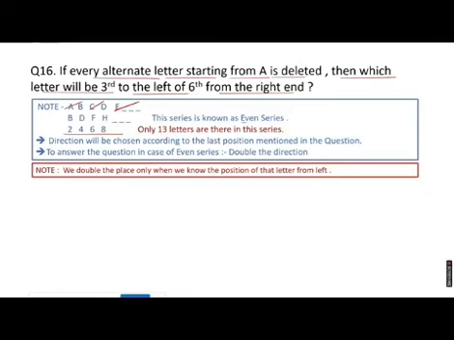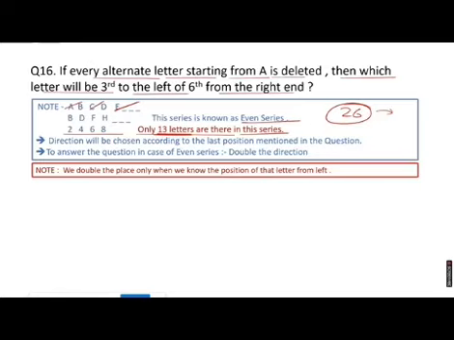this is an even number series, and we should remember that there are only 13 letters in this series, because in case of an even number or an odd number, only 13 letters are left in the complete series. Overall the letters are 26, and half are even and half are odd. So in this case only 13 letters are available.